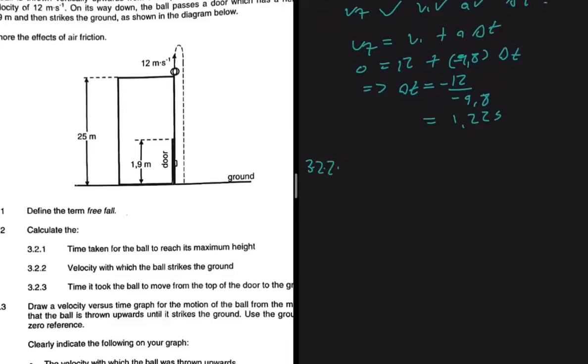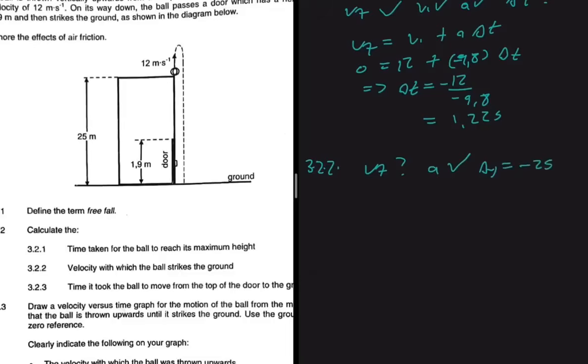Now we can do 3.2.2. So 3.2.2 is saying that let's find the velocity with which the ball strikes the ground. So again, we're going to conceptualize and look at the information we have and see how we can solve the problem. So we're looking for what? We're looking for the velocity, right? So we're looking for some VF, right? We have acceleration, we always do, right? And then what else do we have? So it's coming from the top of a building and then it goes down to strike the ground. So we have a delta y, right? Our delta y will be equals to